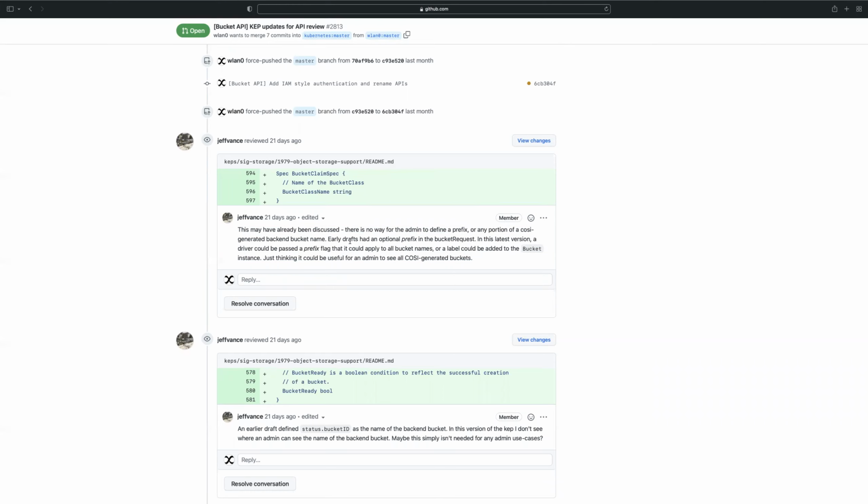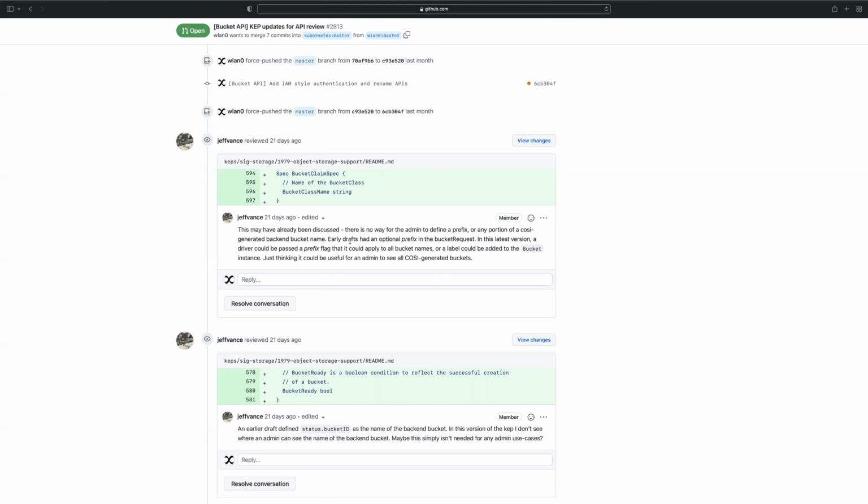The reason is whenever a bucket is created by Cozy, it uses a UUID or a generated name, and for management purposes, if you wanted to have a human readable name to that bucket, some form of identifier, we thought of the idea of having a prefix.